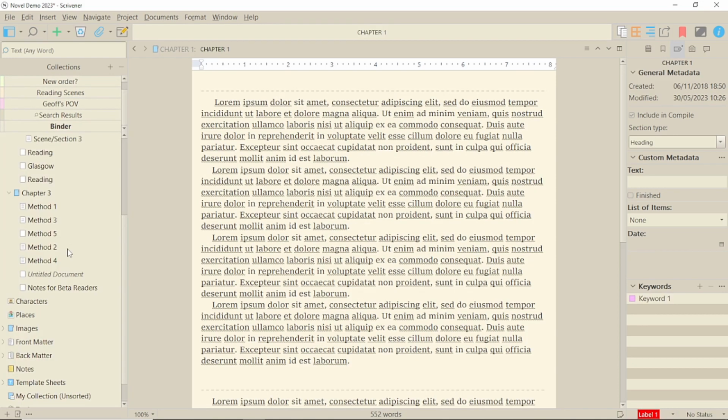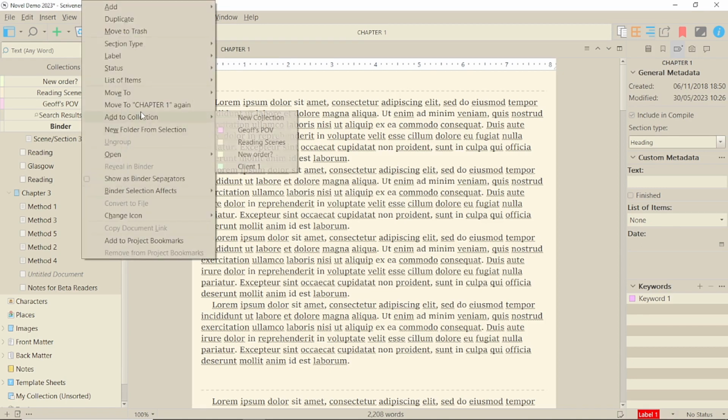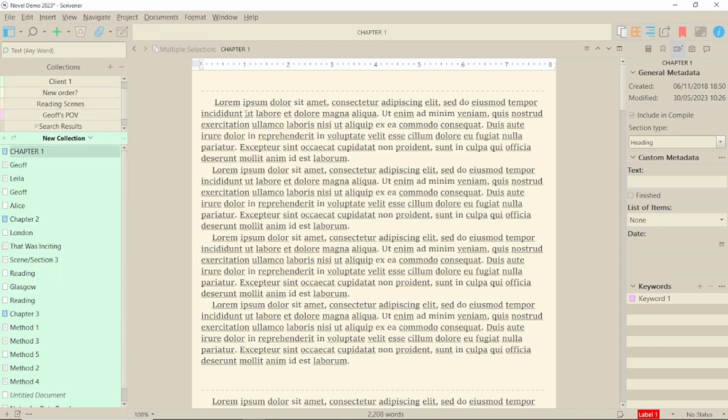Or perhaps you might want to create a different version to send to beta readers that doesn't include everything, or has some extra bits and pieces that you wouldn't put into the final book, such as specific notes on questions you might want to ask about a particular chapter or a particular incident. I'm sure you can think of lots of other scenarios that are specific to your work.